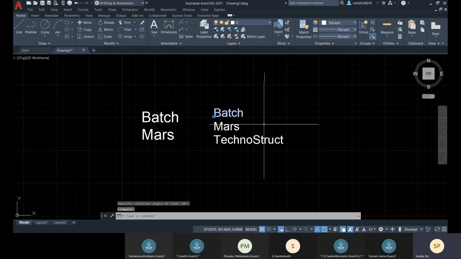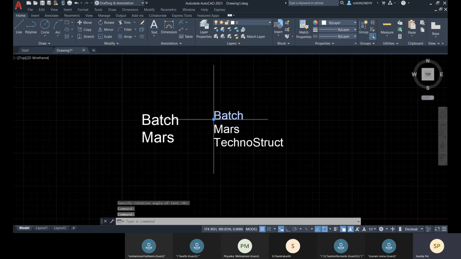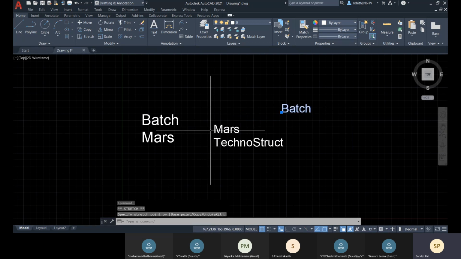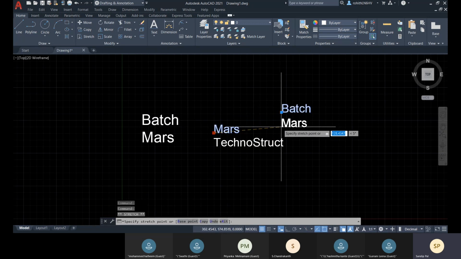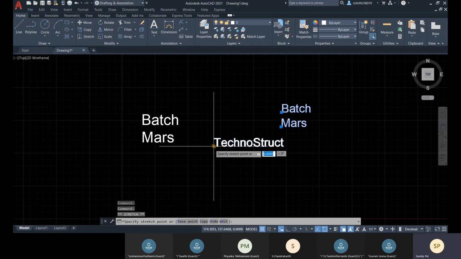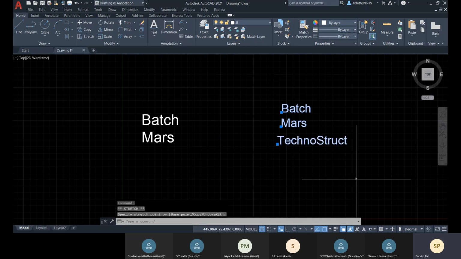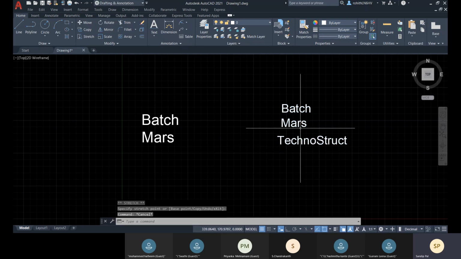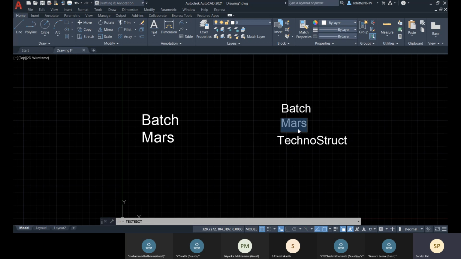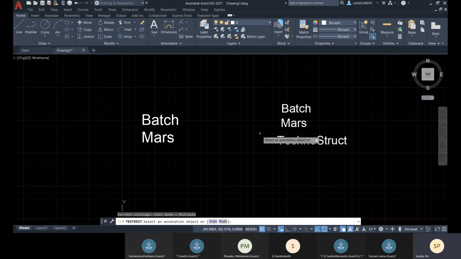Now you see that this is a single object, this line as single object, and this line as single object. Okay. And if you double click on it, you can only edit the values for your text.